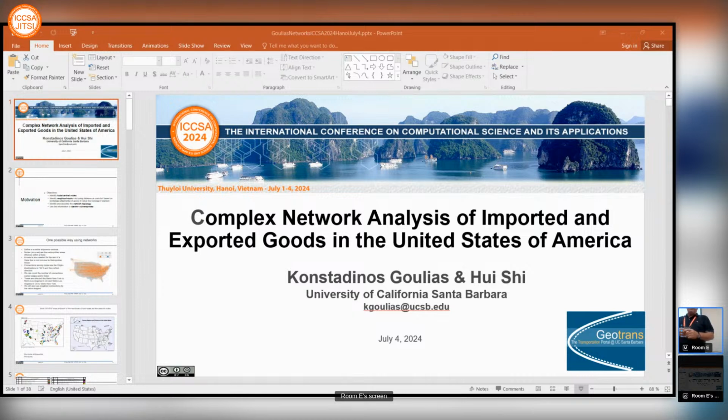We want to figure out if there are neighborhoods. In regional science, these are called functional regions. And when we look at the world as a network, we want to figure out the topology of it. And then figure out if there are some places that are vulnerable to attacks. So this is from the United States. The United States is panicking with identifying vulnerabilities of its network, and this is the network we're going to be